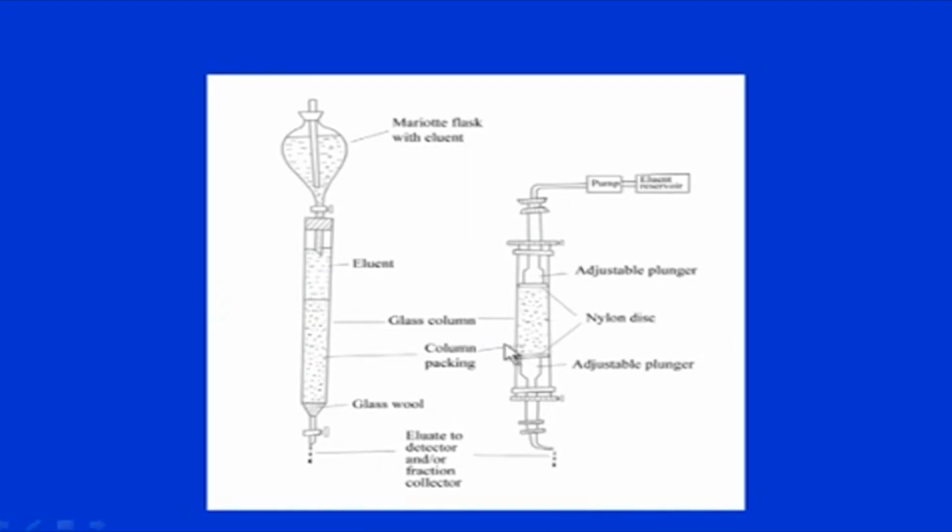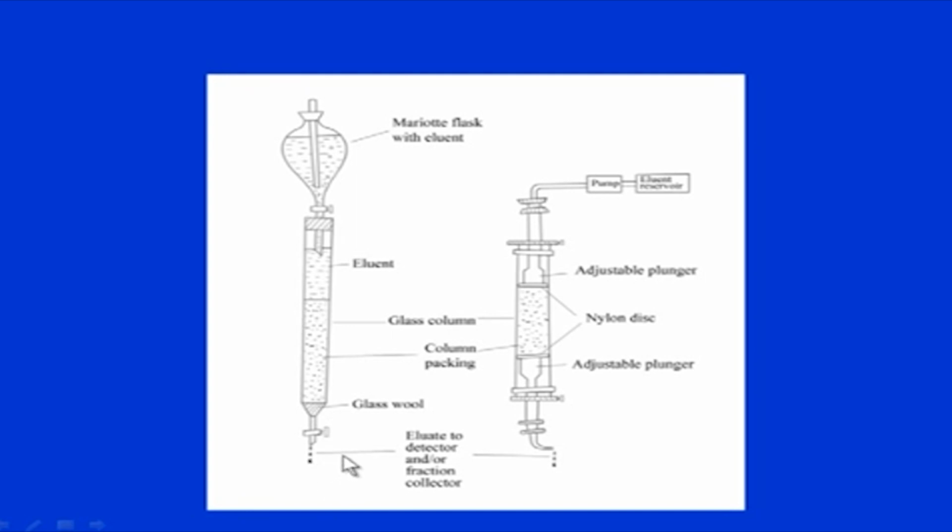All right. Consider this very simple schematic of a chromatograph. Here there is a column and a Mariotte flask above it where the solvent or the mobile phase is held. This will run on gravity, and although this maintains the pressure, the flow rate may vary with the level of the mobile phase. Finally, this will go to the detector, and as the eluate comes out, it will go to the fraction collector